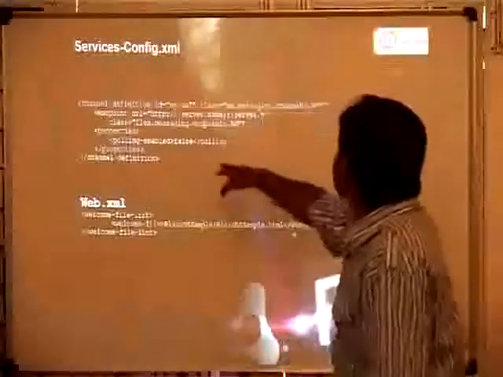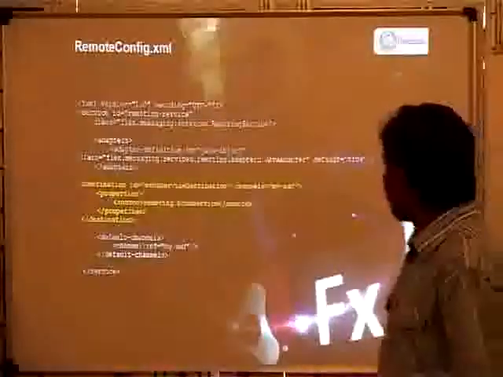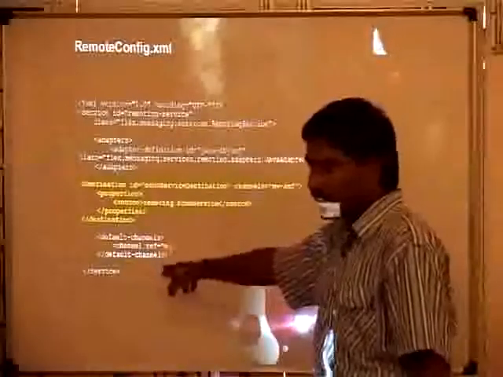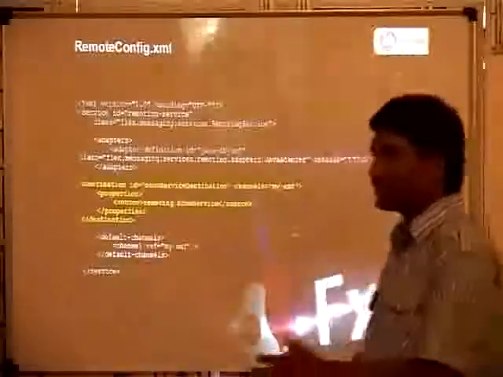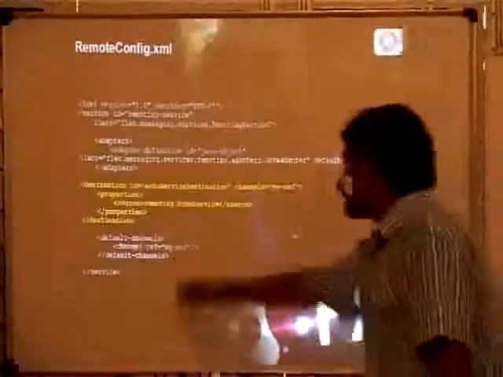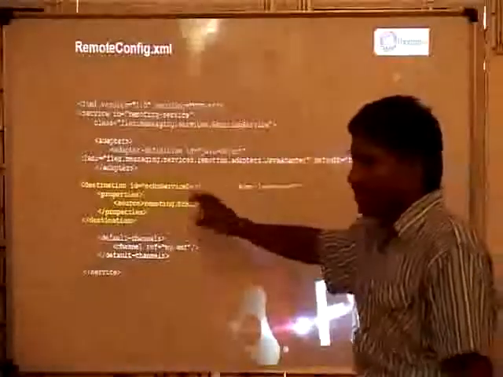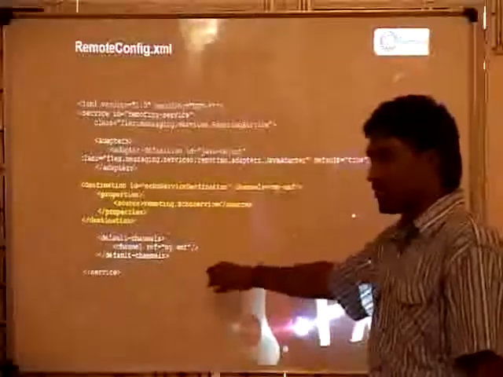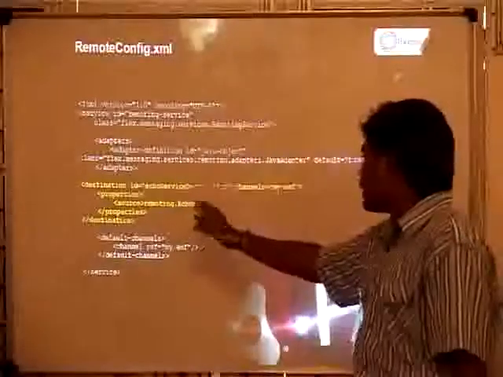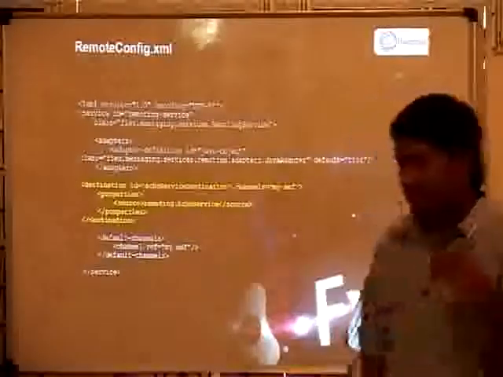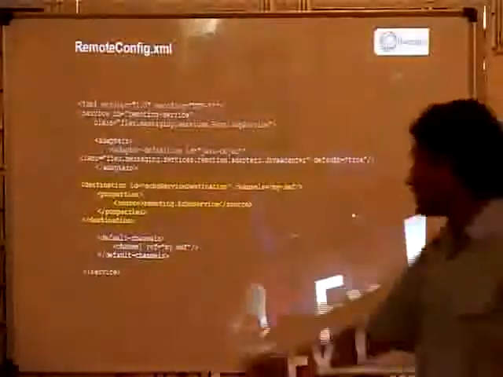Here, this myIMF is referred to by the channel here. It will automatically generate the thing. BlazeDS automatically generates this reference, everything. You have to modify some more things for communication. The services you are using, the service package path, everything you have to modify. Other than that, everything is generated by BlazeDS. Next.